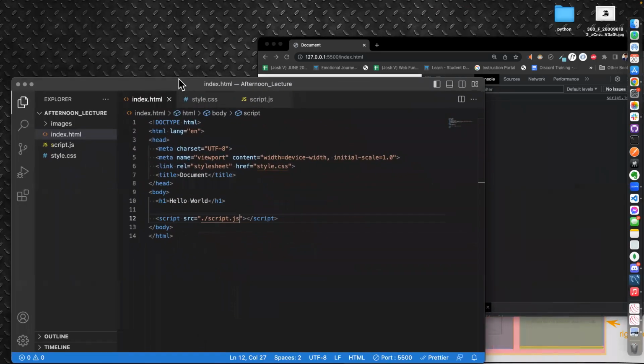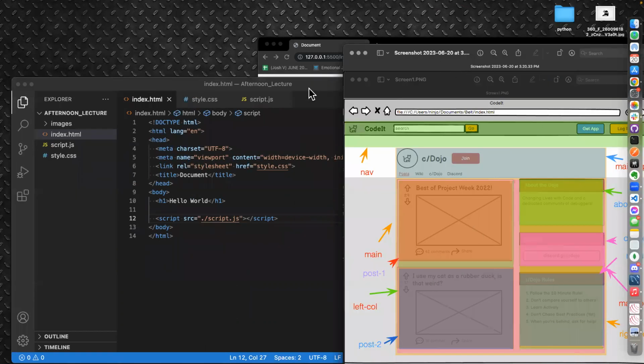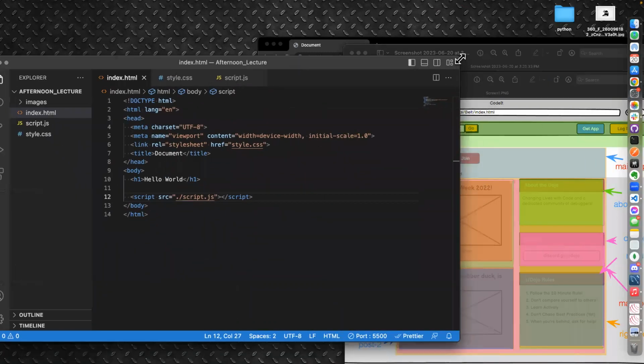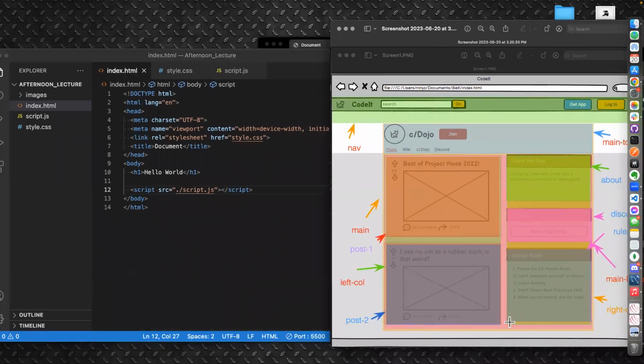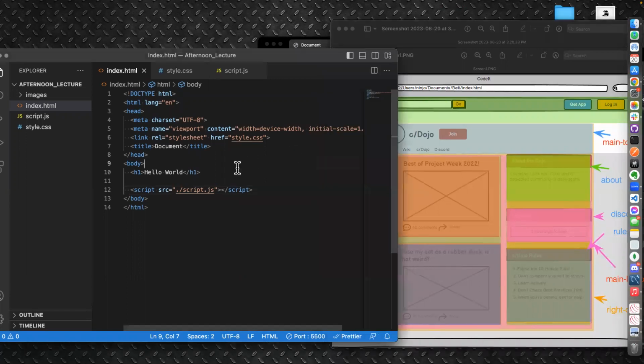Let's continue. All right, so we want to build this shape here. This is our shape. We're looking at this like we would look at the flag, right? Where do the colors align? Where do the boxes live? All right, so we want to start with this green nav here, but before we get to that, let's